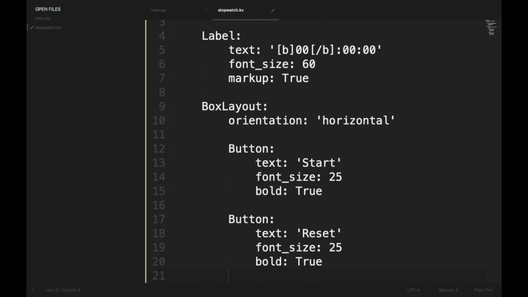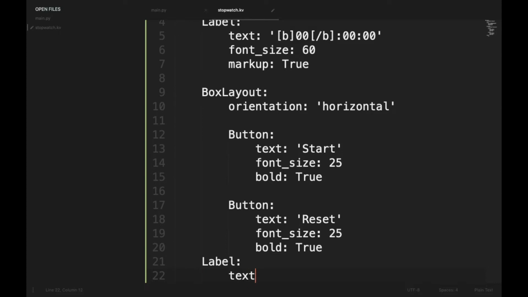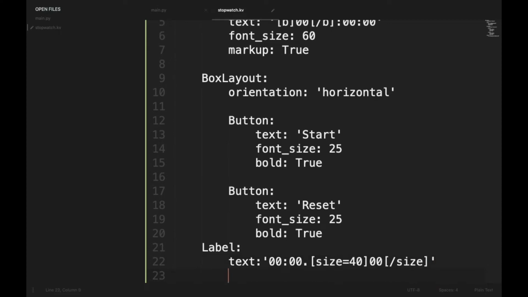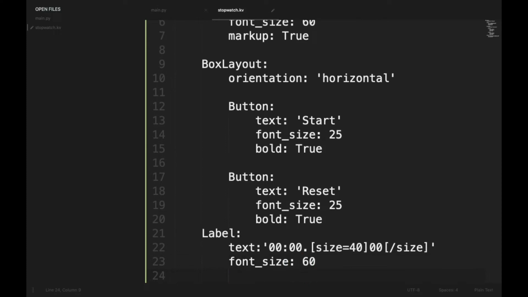And finally we will add the third element, that would be a label, and inside the label the text would be 00:00.00 with markup for the size, and then font size is 60 and markup is true.